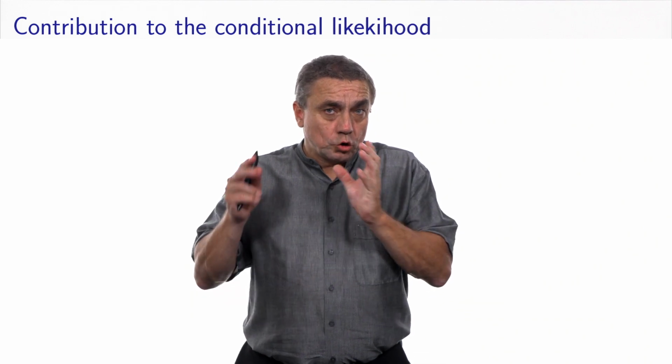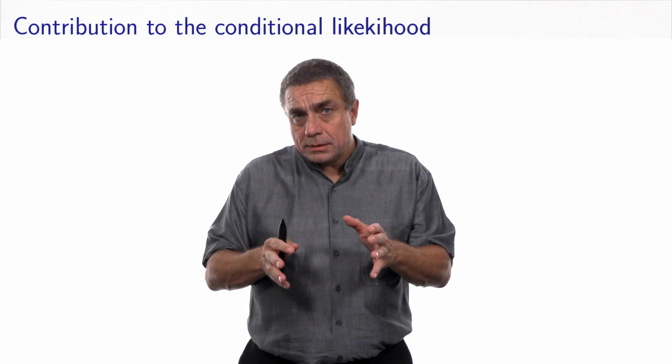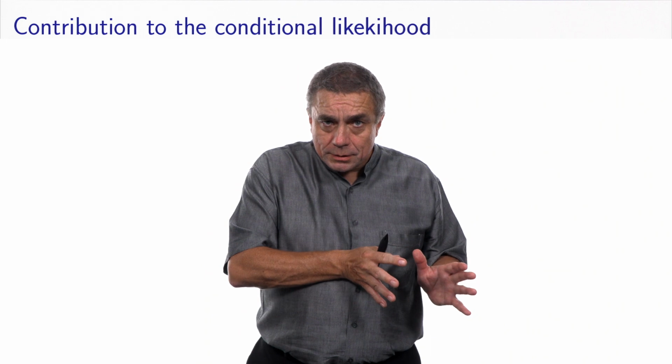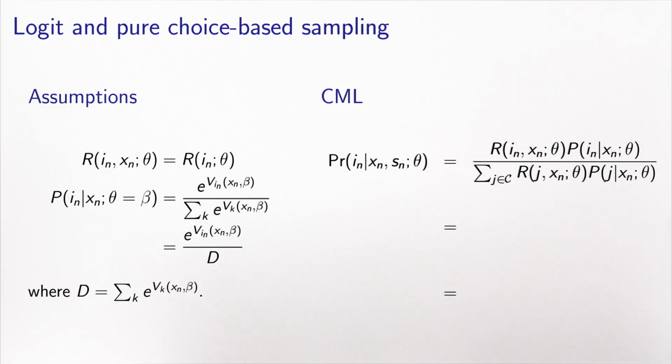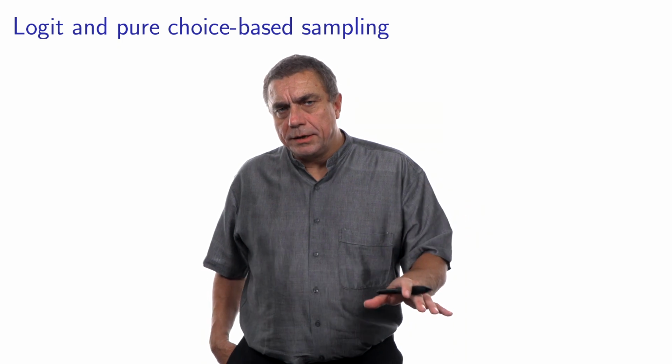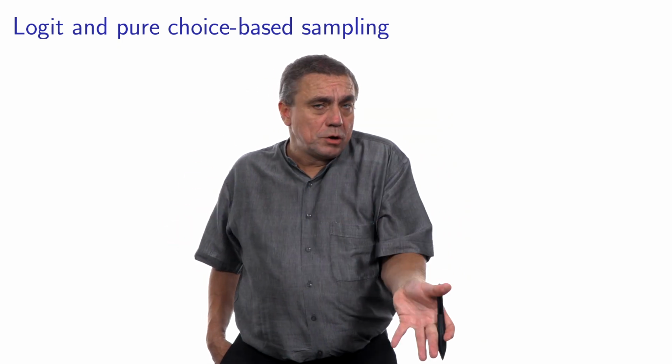And this will be when the choice model has a specific specification. And we will investigate two cases. The first one when the choice model is logit, and the second one when the choice model is a MEV model. Let's first assume that the choice model is a logit model. And for the sake of simplification of the presentation, I will assume that the sampling strategy is a pure choice-based sampling strategy. It means that the probability to be in the sample depends only on I, not on X. Actually, there is no real loss of generality here. I could repeat what I'm doing here in each stratum defined on X, and this will apply as well.